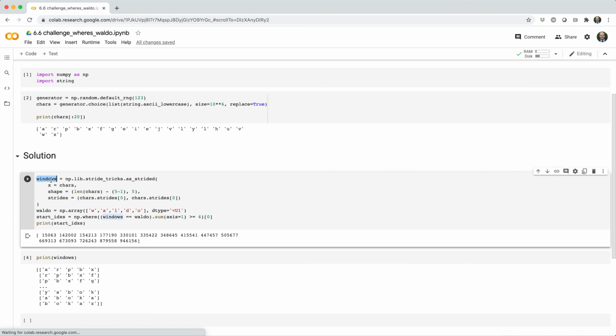The way we build this array is we use the asStrided function, where we tell it we want to build a view from the chars array. We want the shape of the output to be the number of characters in chars minus 4, because that's how many sequences of 5 characters we can get, by 5 columns, because we want to look at sequences of 5 characters. And then the strides parameter here, well, wherever you are in the Windows array, we